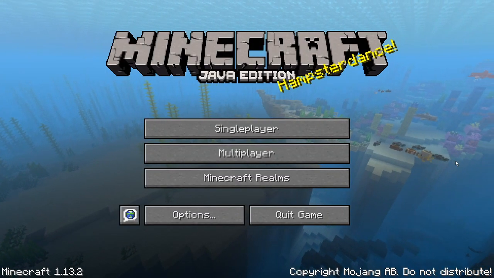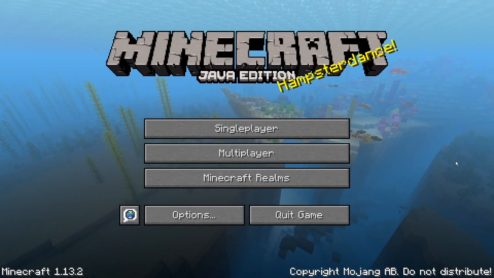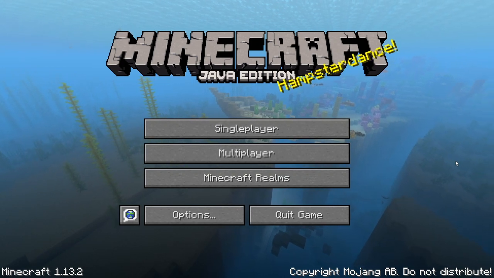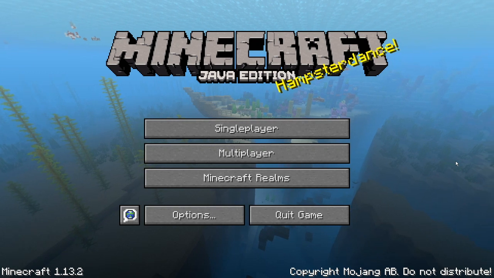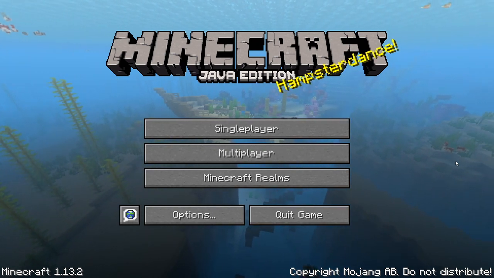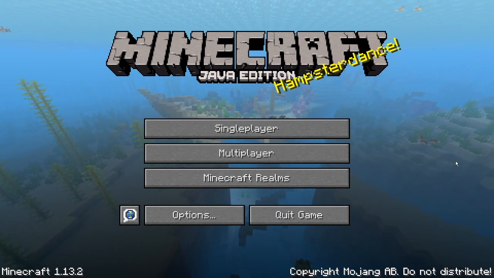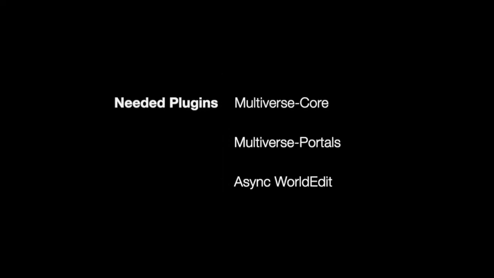What's going on, guys? Today I'm going to be showing you how to use Multiverse Core and Multiverse Portals using WorldEdit. What Multiverse Core does is it lets you have multiple worlds on a single server, and Multiverse Portals can allow you to create another kind of portal that you can walk into and it'll bring you to the other world or wherever you set the destination. It can be on the same world. But to do this, you need to make sure that you have the Multiverse Core, Multiverse Portals, and WorldEdit plugins